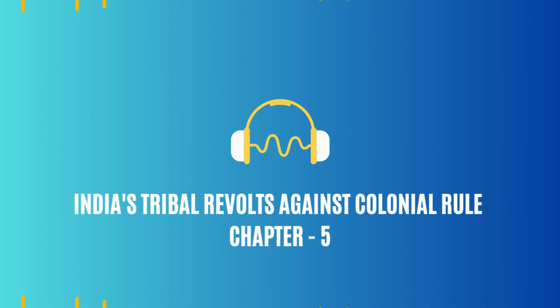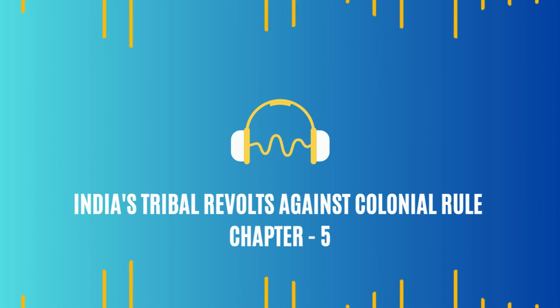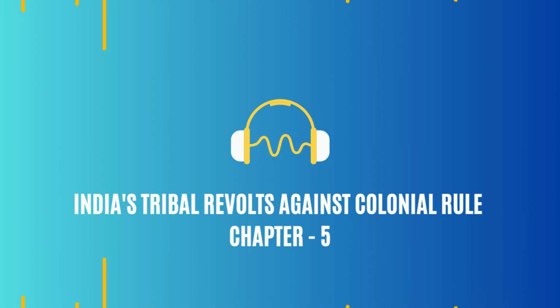Okay, where to next? Let's go to the Khandesh Hill Ranges, where the Bhils waged a series of uprisings against British rule throughout the 19th century. The Bhils, known for their archery skills and guerrilla tactics. What drove them to rebel? The Bhils had traditionally enjoyed a lot of autonomy under previous rulers. When the British occupied Khandesh in 1818, they imposed their own systems of administration, disrupting the Bhils' traditional way of life.